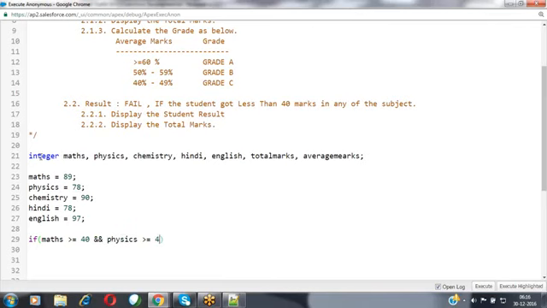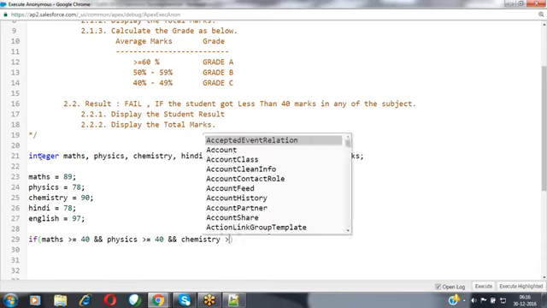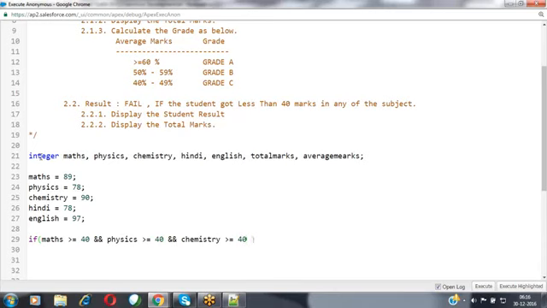Physics is greater than or equals to 40, and the chemistry is greater than or equals to 40, and the English is greater than or equals to 40, and the Hindi is greater than or equals to 40. Nothing but I'm verifying whether the student is getting more than 40 marks in each and every subject or not. If the student got more than 40 marks in each and every subject, I'm displaying that message